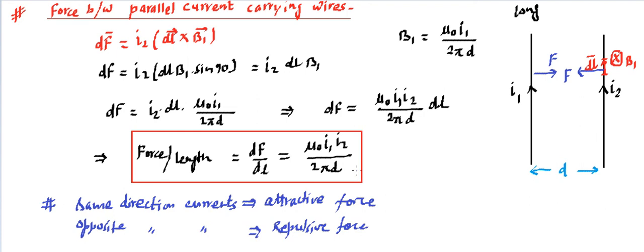That means if you arrange these two wires like this, after some time you will find these wires, if they are free, will be bending, that means they will be coming closer. Why? Because the current is in the same direction, so they are being attracted. And if you change the current, then they will be repelling each other. So that's one of the important applications of this force. And for other applications, we can use this formula that we have learned. Wherever the need requires, we will use that force just like other forces in free body diagrams and for calculating accelerations and deformations, wherever the force can be used.